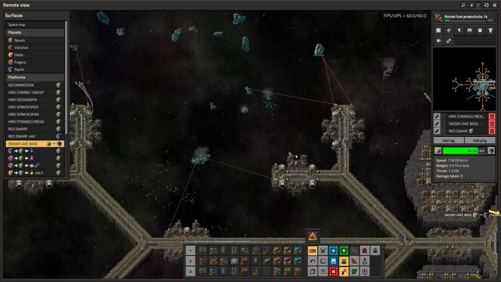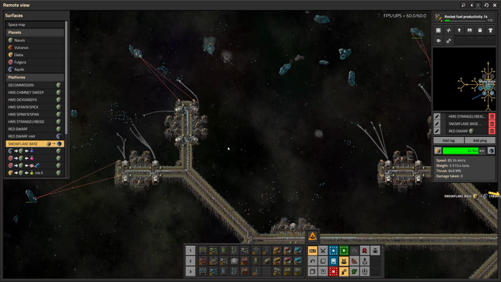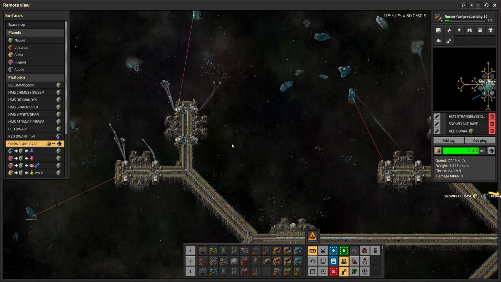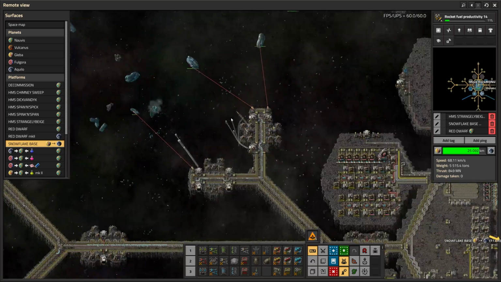Now the question is, how do we turn this into a mega base in orbit, all in capitals with arrows pointing at it? That would be pretty awesome. I would like to do that. And there we go. So I think we're almost...